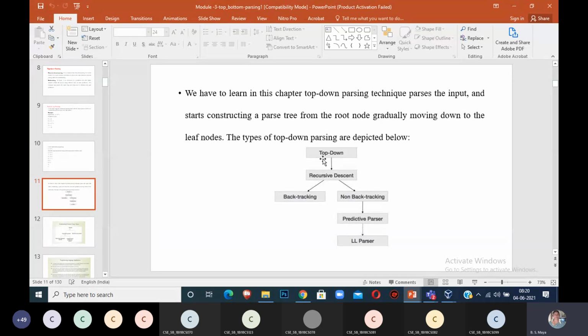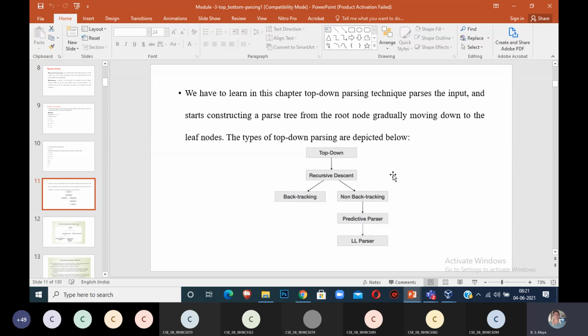Top-down parsing is also called recursive descent parsing. Recursive descent parsing can be classified into two types: one is recursive descent parsing with backtracking, and the second is recursive descent parsing without backtracking.